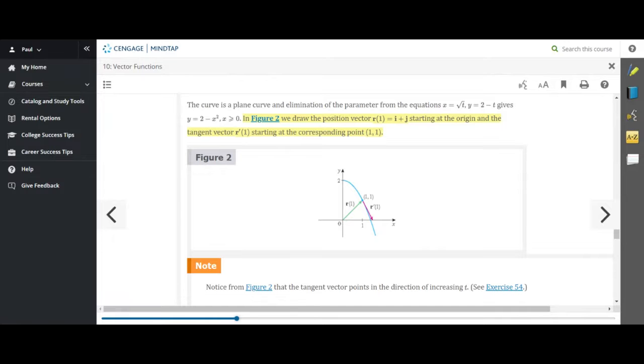Let's say you have a car that's moving along that path in figure 2, that blue path there. Well, I want to be a little bit careful here. I tend to like taking a ball and swinging it around on a string. Let's say you're swinging a ball on a string, and the path that the ball's taking is that blue path there. And after 1 second, you release the ball, and it's going to go right along that r prime of 1